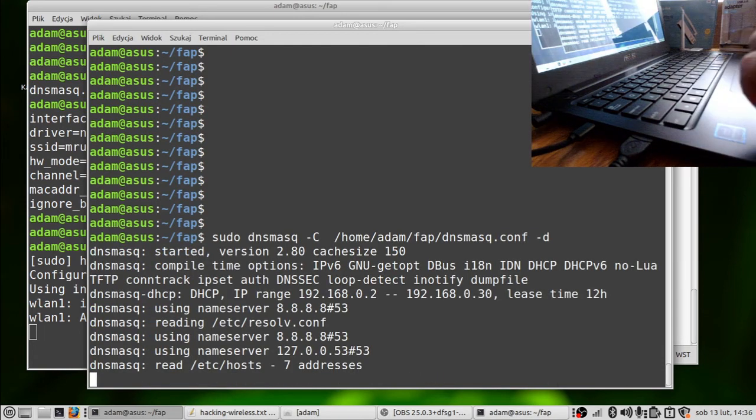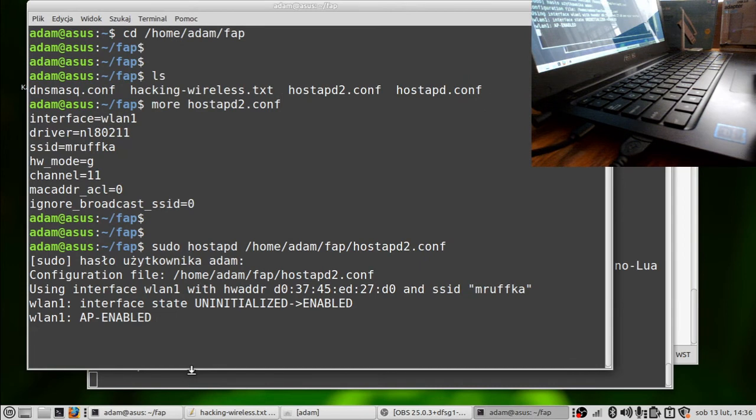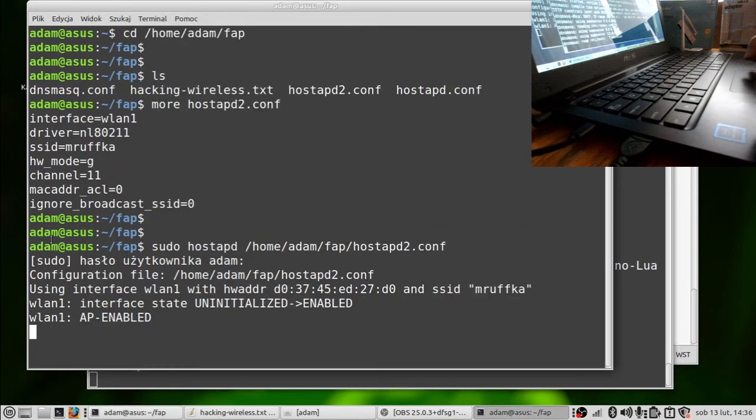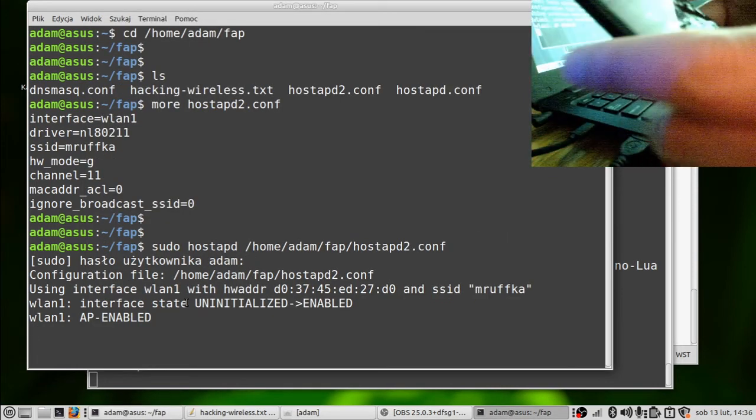This DNS masquerade daemon. So these two are now working, and I have now internet connection here from my Wi-Fi. And right now I will be using a handset to connect to this malicious Wi-Fi access point.